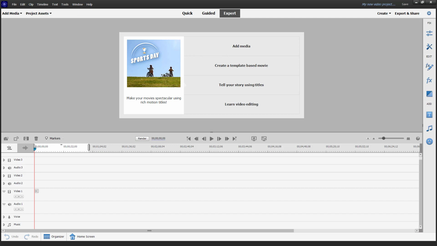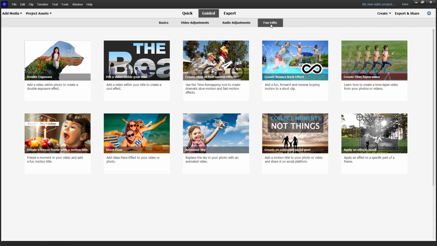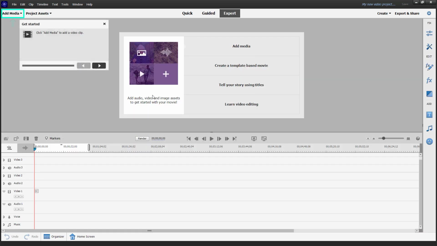So now let's see how we can put a video inside title inside of guided edit mode. Over here you can see that I am in my expert mode right here. So I'm going to go onto guided right here. And under fun edits right here, you can see that put a video inside your title is an option. If I click right here, now it is asking me to add a media